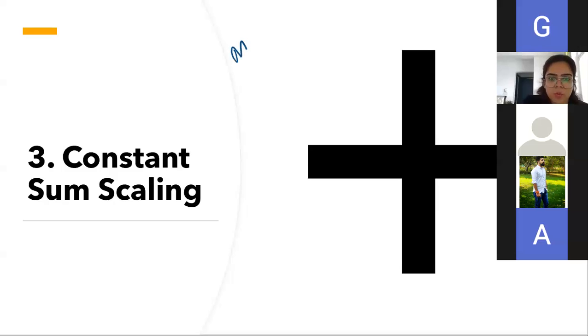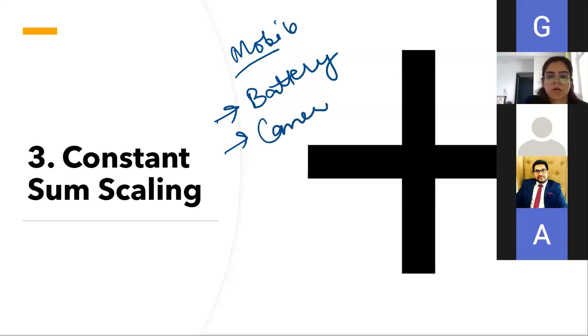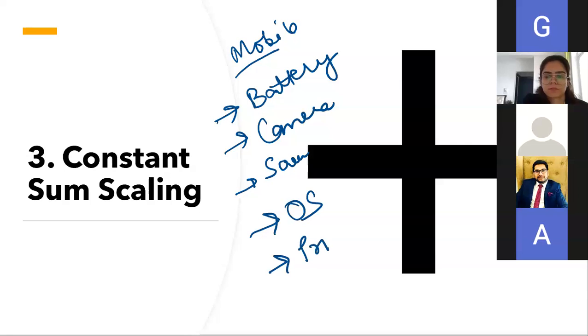For example, considering a product, say a mobile, what are the various attributes of a mobile? Like battery. When you are purchasing a mobile, what are the various parameters that you look for? Camera, battery, system, screen, operating software, OS. Yes, and anything else, price, warranty. Price, warranty, yes. So now if I say 1, 2, 3, 4, 5, 6,